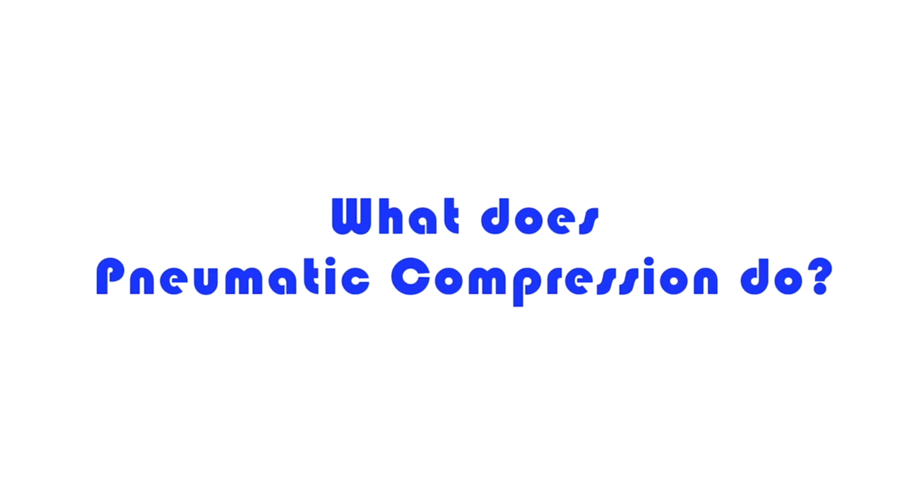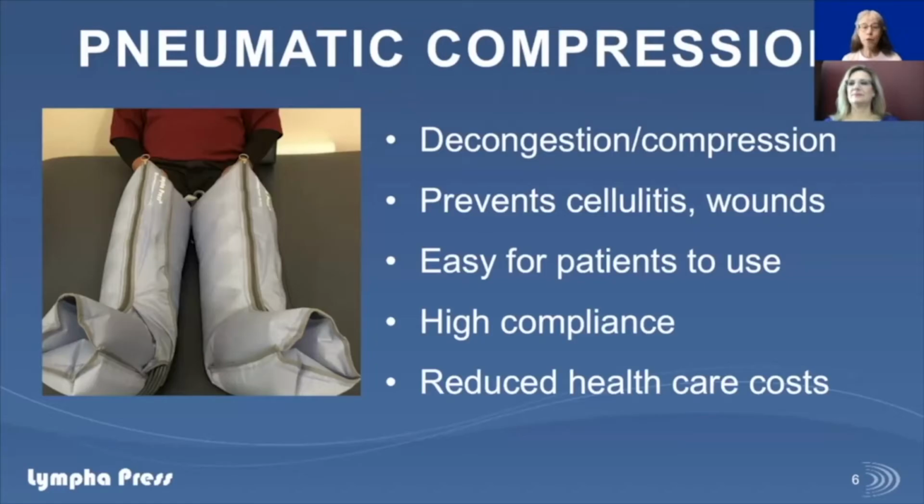What does pneumatic compression do? It provides both decongestion and compression. We'll talk a little later about how it prevents cellulitis and helps heal wounds. It's very, very easy for patients to use. And I have found personally in my practice, and it's also been shown in other evidence, that there's a high compliance rate for patients using pneumatic compression. Also, it's important to consider the big picture and how having a modality such as pneumatic compression can significantly reduce